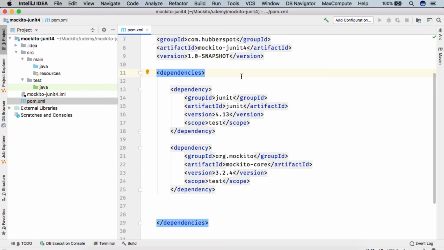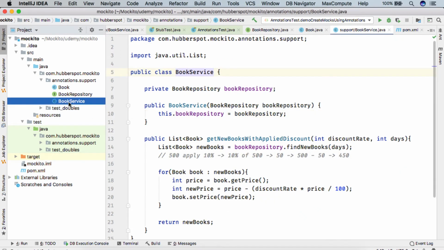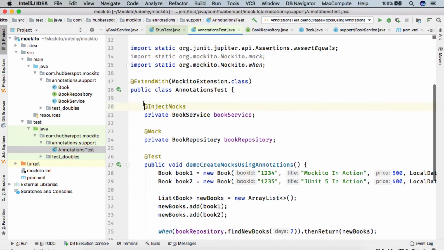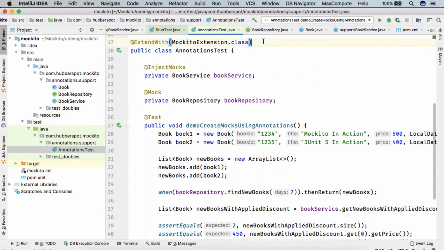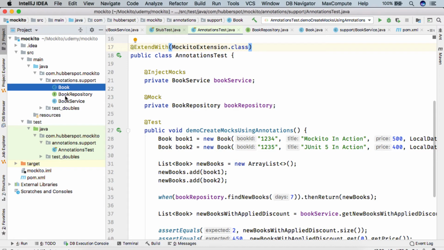So here if I switch the IntelliJ project, this was our JUnit 5 project, and here we saw the testing of the BookService class which internally uses BookRepository, and we saw how we can use @InjectMocks and @Mock annotations to test in JUnit 5, because here we used @ExtendWith with MockitoExtension.class. But in JUnit 4 there are various ways to do this. One of the ways is using the Mockito JUnit runner. So first I will simply copy these three classes,